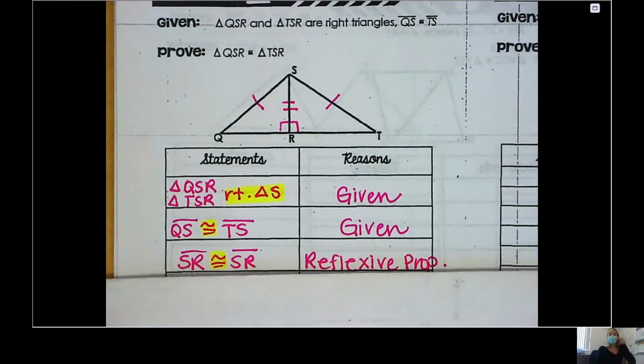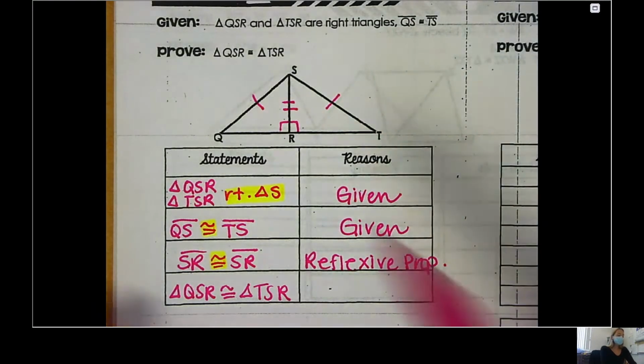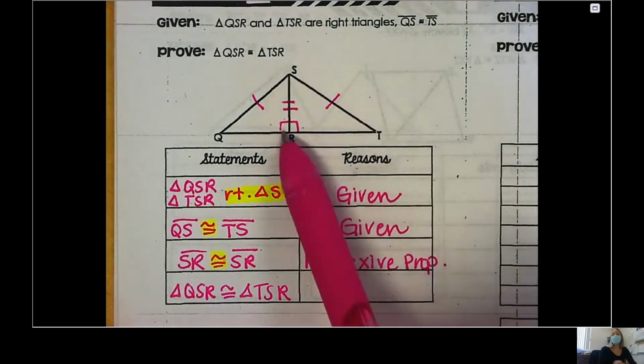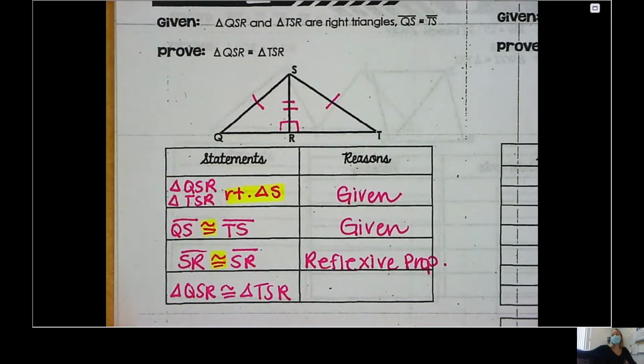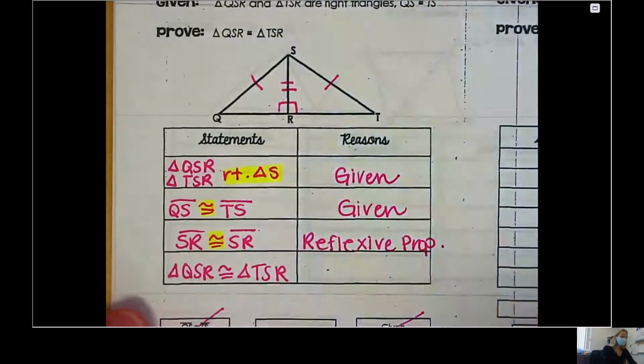Okay. Now, I've got my final statement. What's always your final statement? Prove. Okay, so my final statement is that these two triangles are congruent, but the question is, what's the theorem? Jaden, what's the theorem? Why? Beautiful. There's a hypotenuse, and here's my leg. And what kind of triangle does it have to be for HL? A right triangle, which is exactly what I have. So my reason is